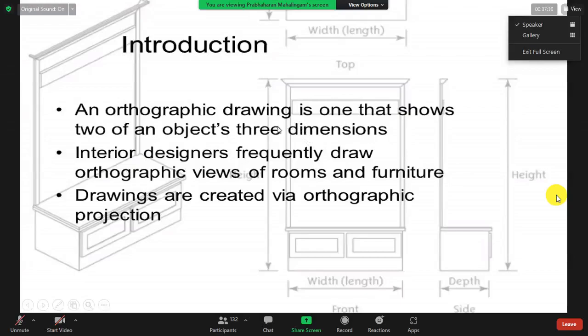So orthographic is not 3D. We will give you a 3D picture, and we will ask you to draw 2D, right? That is called orthographic. Orthographic view, normally you have heard about it very often.